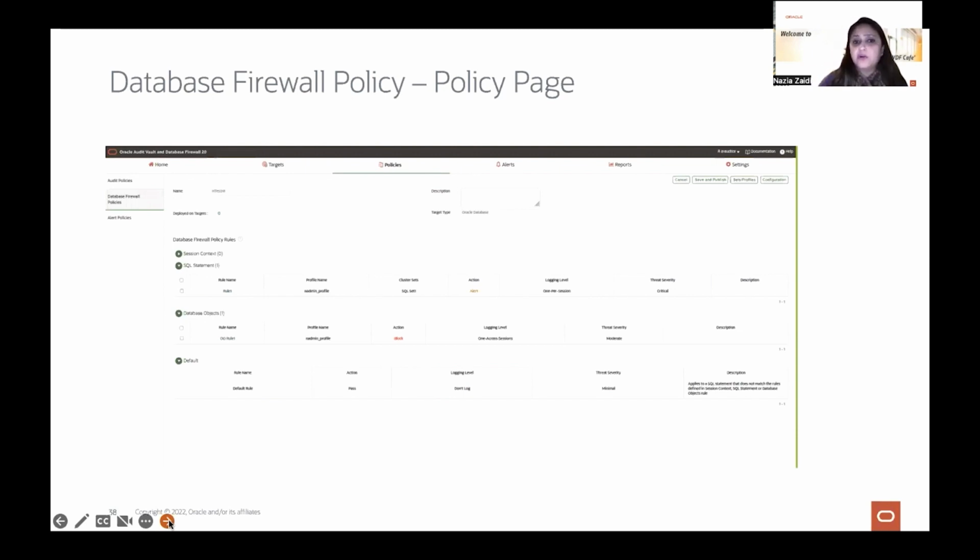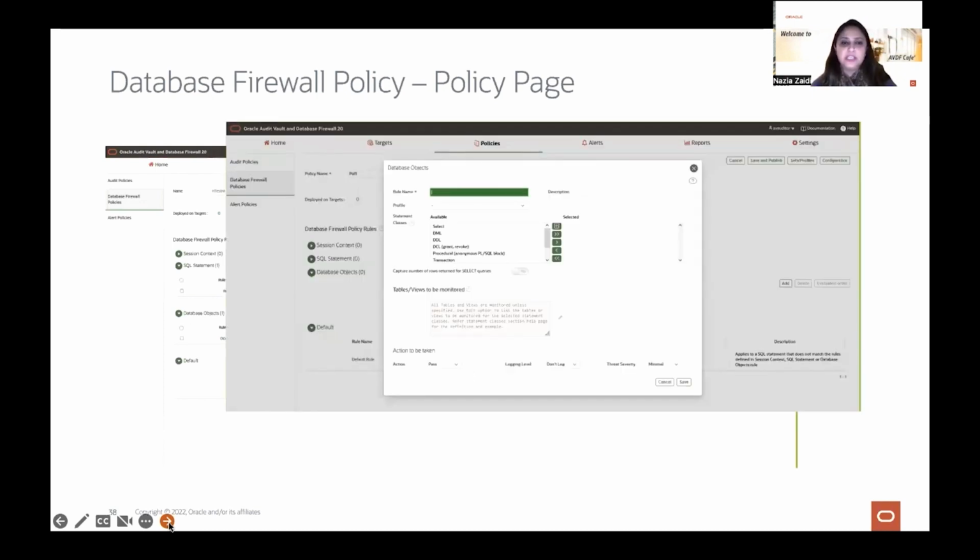We did some color coding so that it gets your attention. So we are trying to do a lot of usability improvement, and in one go you can see what your database firewall policy looks like. All your rules are listed, whatever you have defined. So in one glance you can see how your database firewall policy looks.